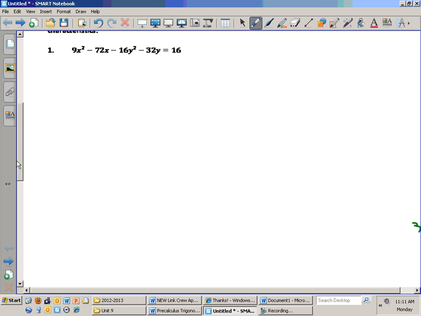Let's start by placing it in standard form. And this is really where the anxiety started. Hopefully we'll be okay. As you look at the equations above, they all have a completed square. I have to complete the square for this one. So I have 9x squared minus 72x, and I'm going to place that in parentheses. So I have my x's all gathered together, for which I'll complete the square. And then minus parentheses 16y squared plus 32y